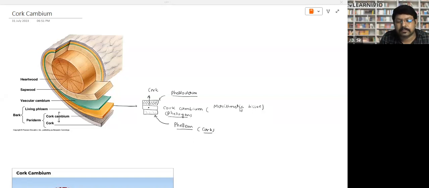In order to prevent rupturing of bark or outer ground tissue,